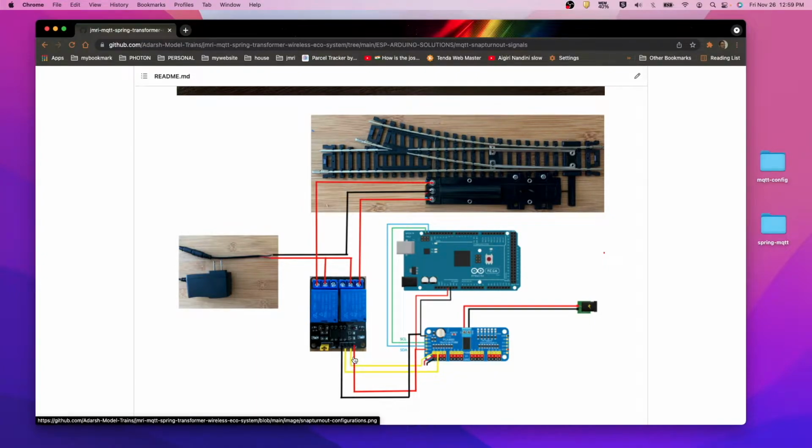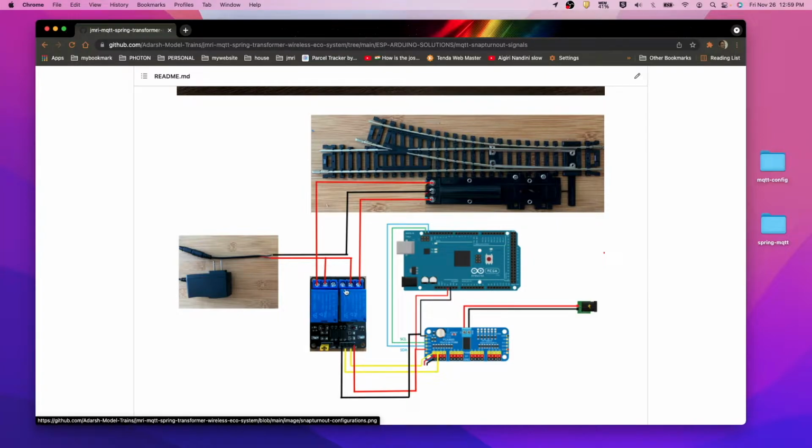And here you can see the power for the relay switch, which we have taken from the commonly shared wire coming from Mega or Uno, GND and 5 volt. And here we are using a 12 volt external adapter, where the high is going to the center common of the relay switch.